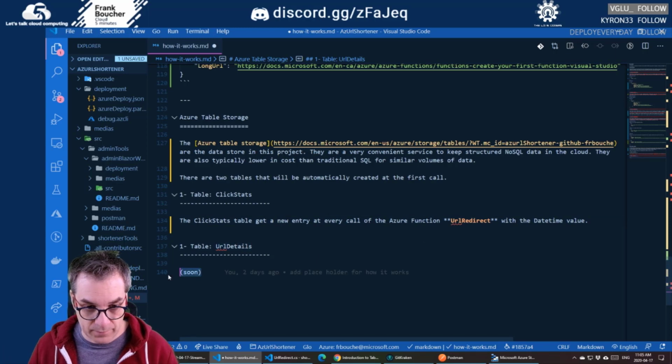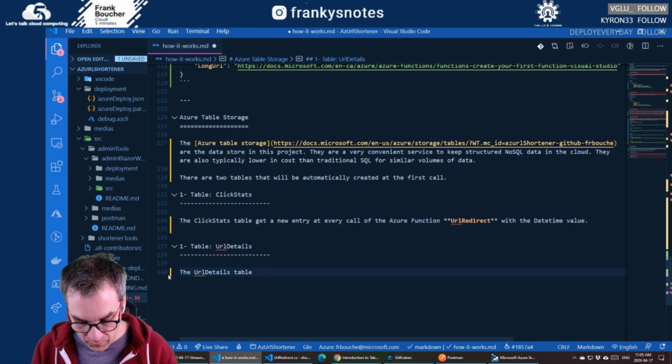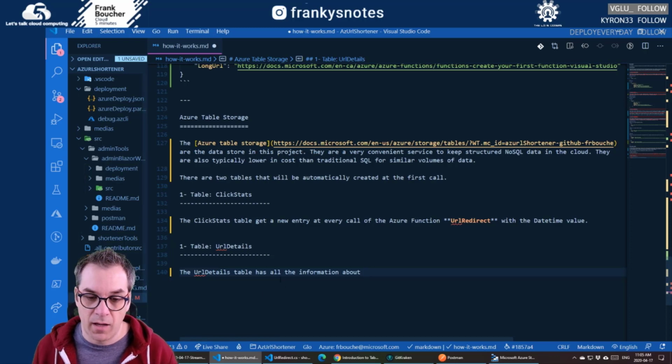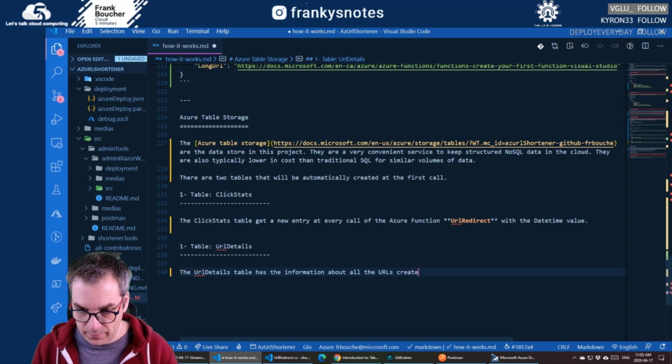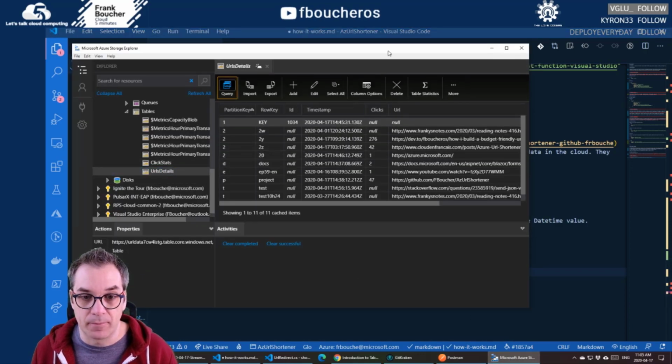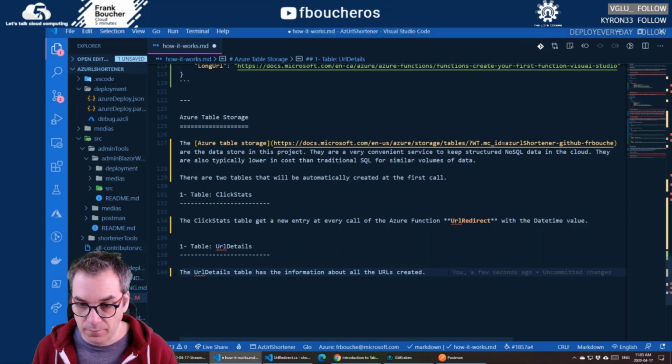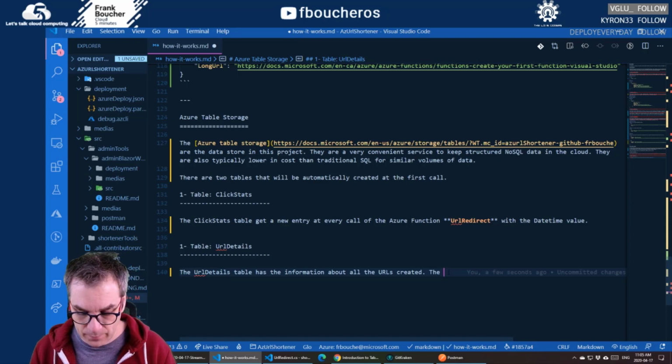Then the other table has all the information about all the URLs created. And that will be the row key, the vanity,